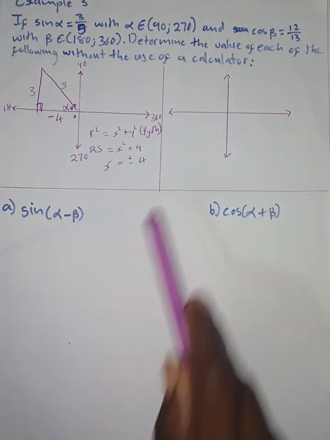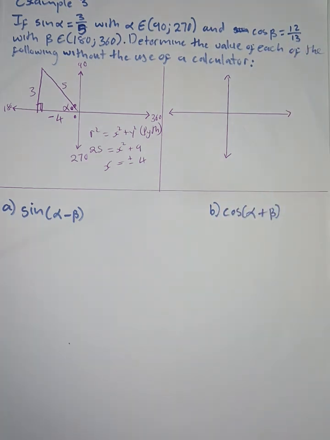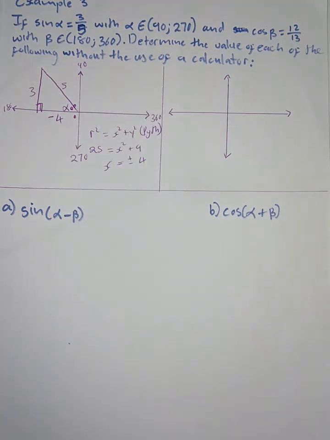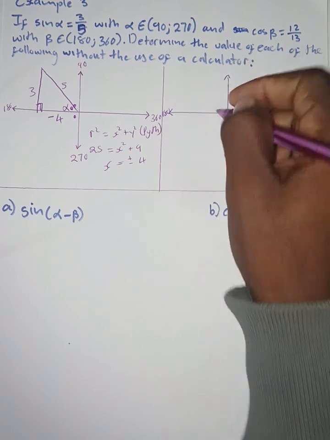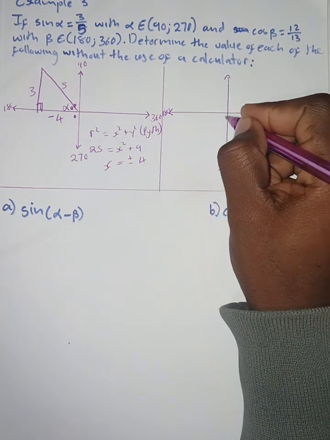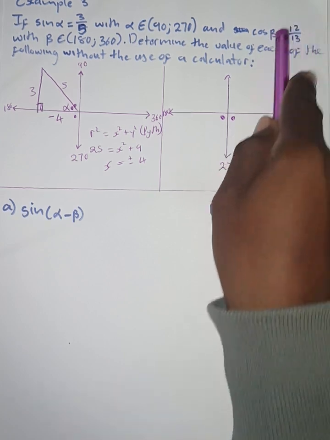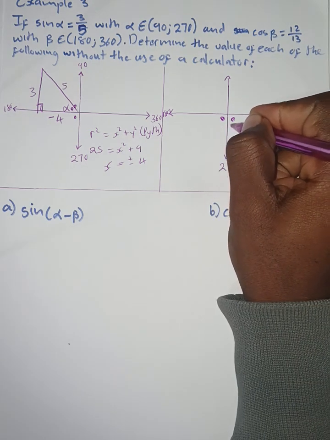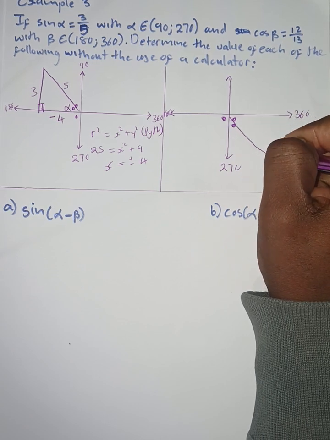And then they also say that cos of beta is equal to 12 over 13. Now they say beta in this case is an element between 180 and 360. So we know that this is 180, that's 270, that's 360 there. So it can either be on this quadrant or on that one. But again, we can see that that ratio there is positive, so in this case it would be in the fourth quadrant. This is where we're going to draw